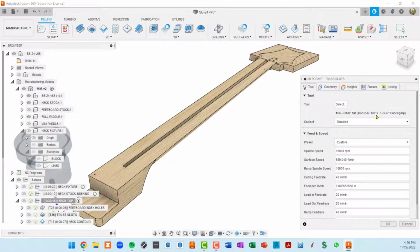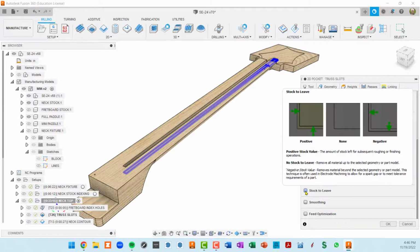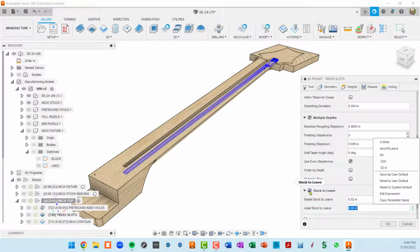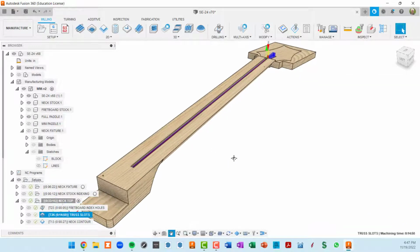And I guess that's one thing of question here, is that in passes, I didn't have any negative stock to leave. Basically, if I want to overcut something, I would put a negative stock to leave on the axial on the sides. You can see radial is the bottom, axial are the sides. So I don't want stock to leave here. And if I want to overcut, I would turn stock to leave on and have negative values for the axial and possibly for the radial as well, depending on how well that truss rod sits in there. So anyway,